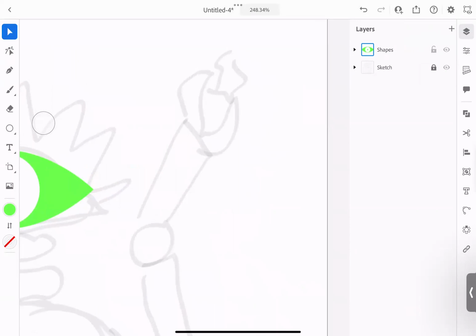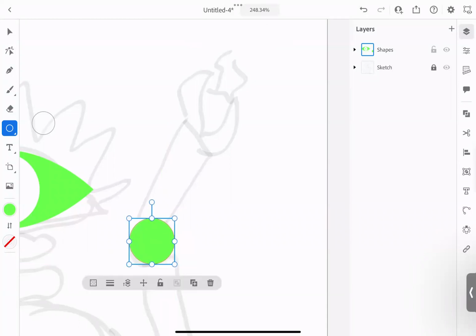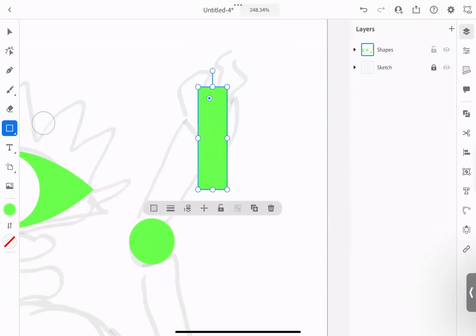So I'm going to draw my top part of my robot arm. So I'm going to draw a circle right here. And if I hold Option and Shift, I can draw from the center out. So I got that. Then I'm going to change the circle to a square or rectangle. And I'm going to draw a rectangle shape. And then I can rotate it with this little handle at the top right there. So I'm going to put it down near the,